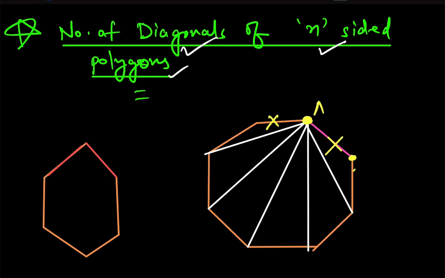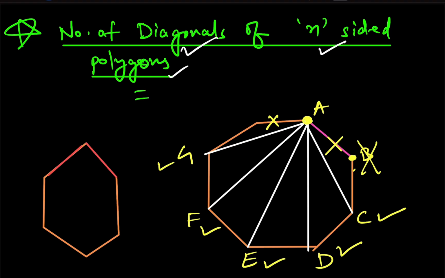Suppose this is A. So A and B, B we won't count, but C is an opposite vertex to A. Similarly D is an opposite vertex to A, E is an opposite vertex to A, F is an opposite vertex, and similarly G is also an opposite vertex. H is not an opposite vertex, just like B. So eliminating this, you can see that, so total